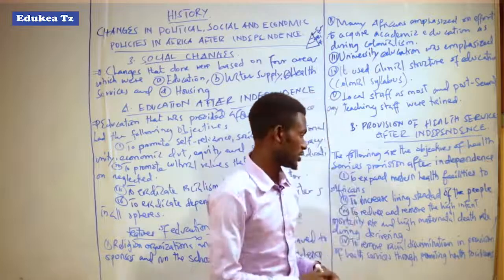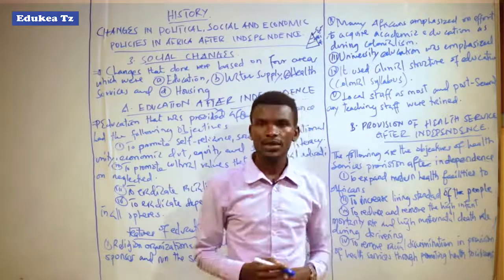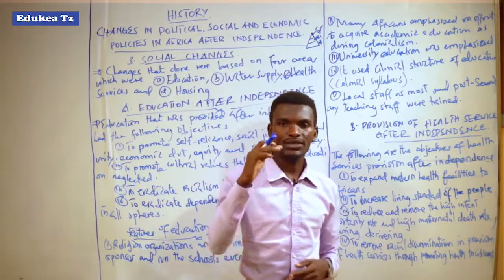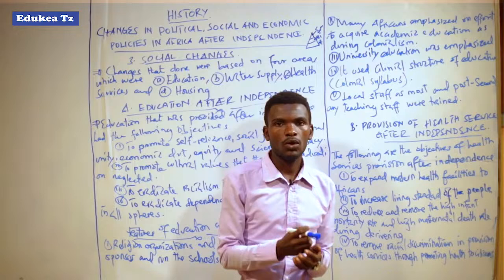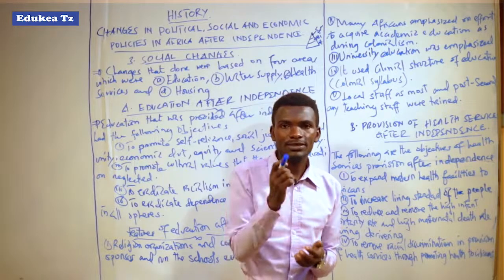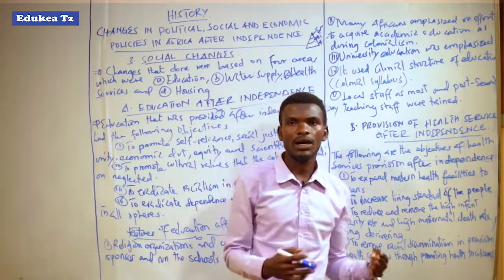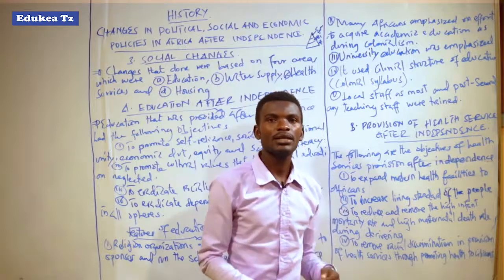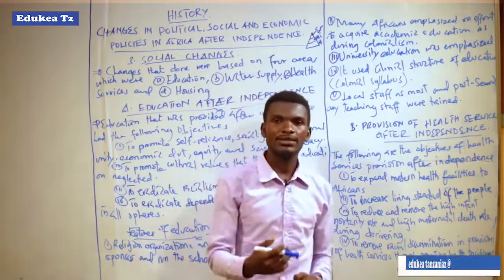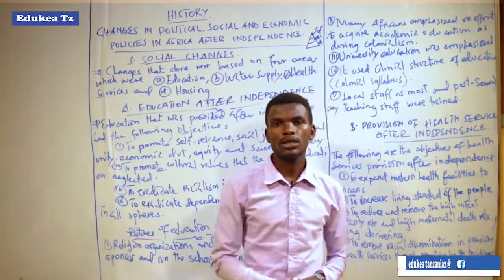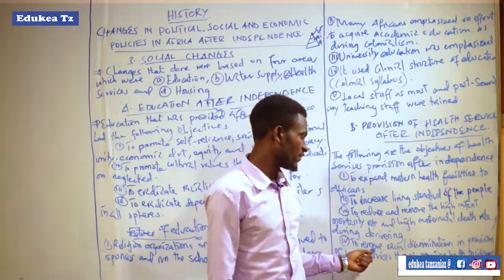It means the objective was to reduce and remove the high infant mortality rate, that is, to reduce the number of deaths of young children during delivery, and the number of mothers dying while delivering their newborn, through providing better health services in hospitals and other health centers. But the last one was to remove racial